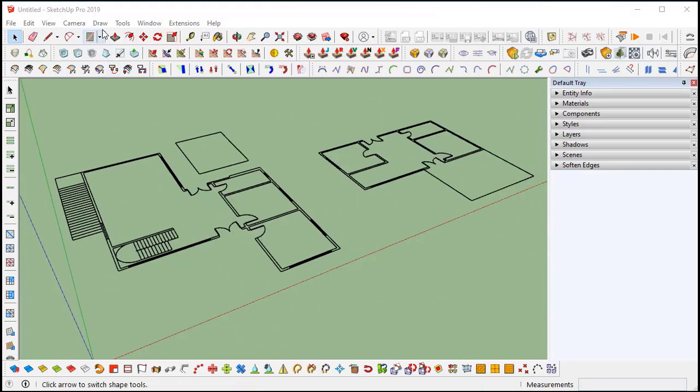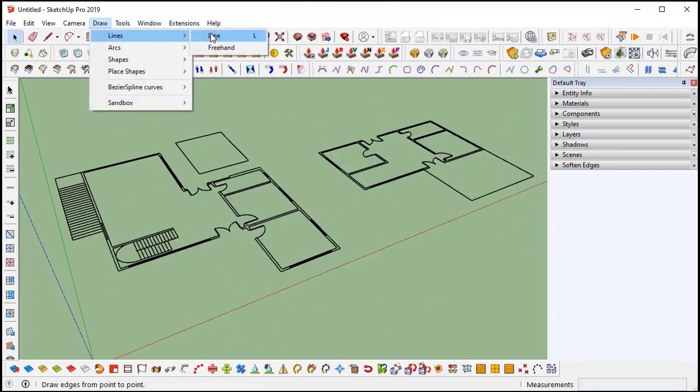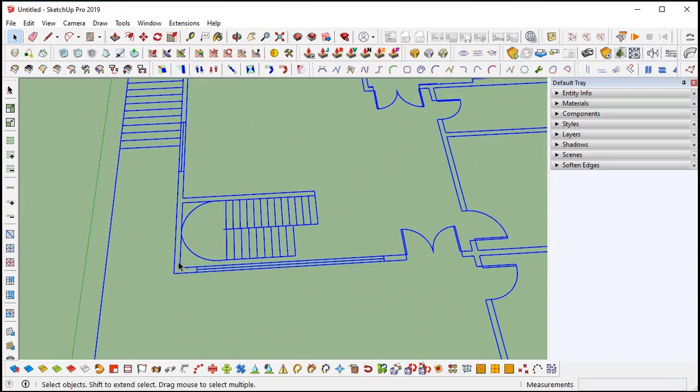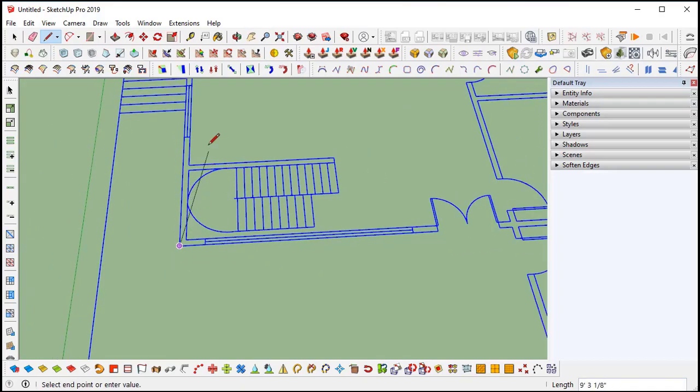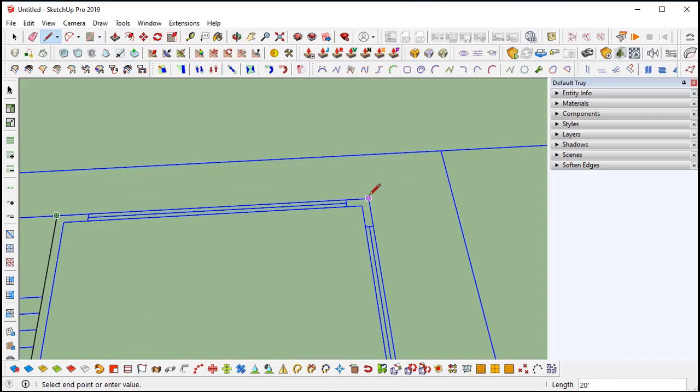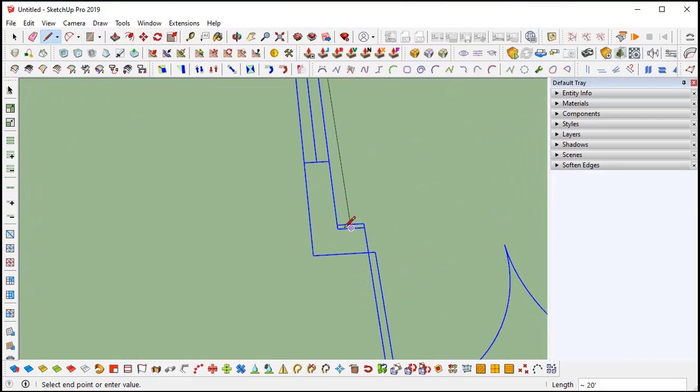After that, I am going to use the line command. Shortcut will be L. And I am going to trace all outer edges of this 2D plan, all the outside profile.